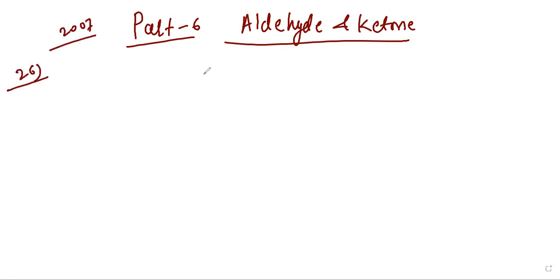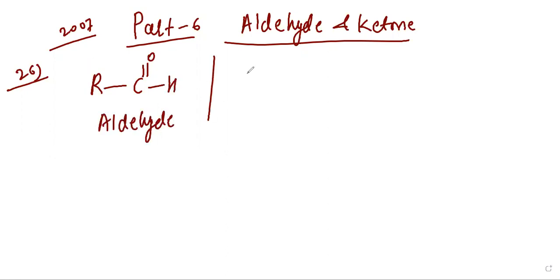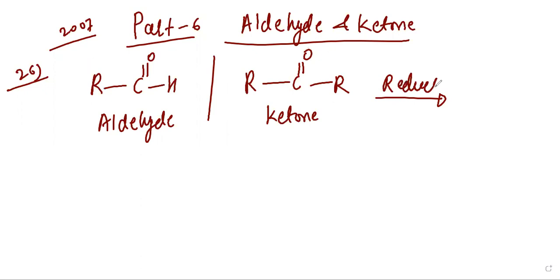Reduction of aldehyde and ketone. So the aldehyde general formula is RCHO, and the ketone is RC double bond OR. So this is your ketone. So aldehyde and ketone, they are reduced. So the reduction of aldehyde and ketone